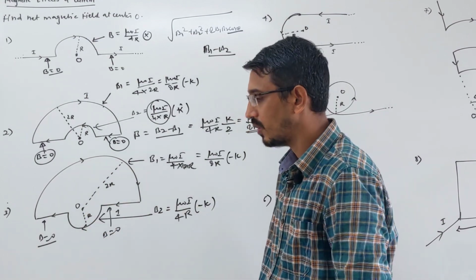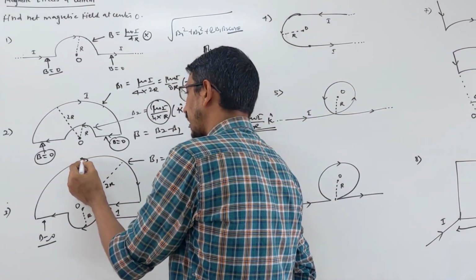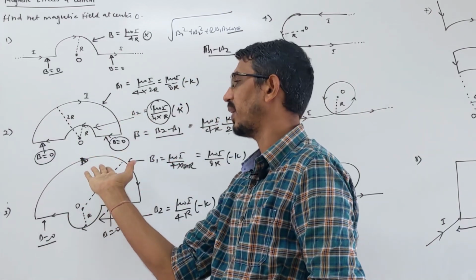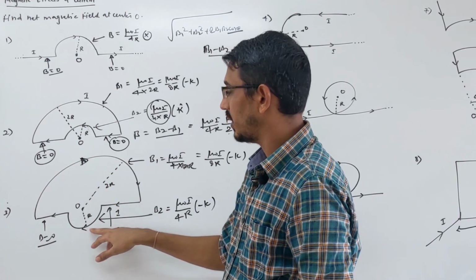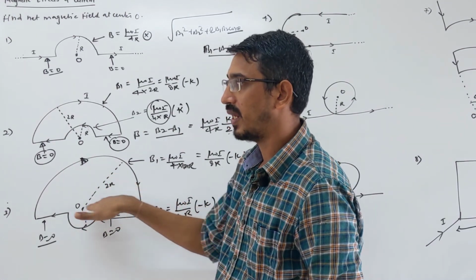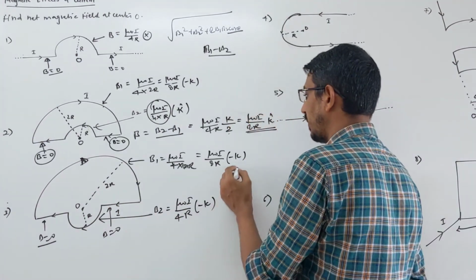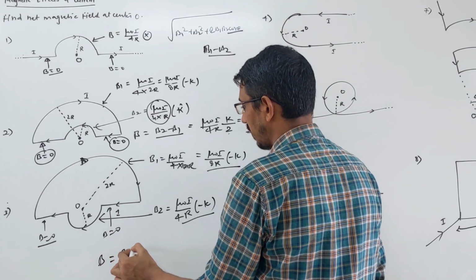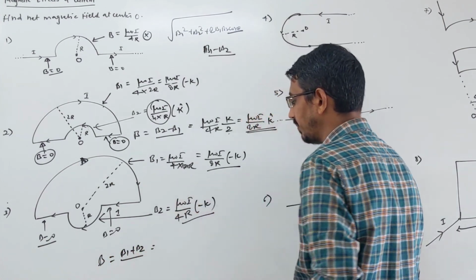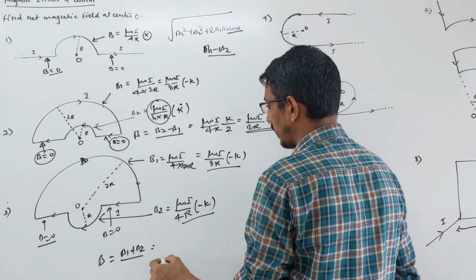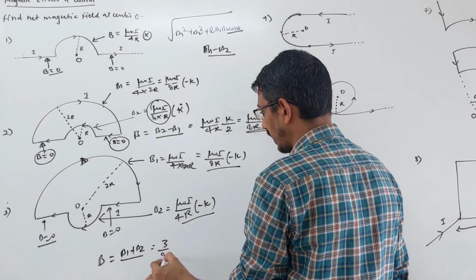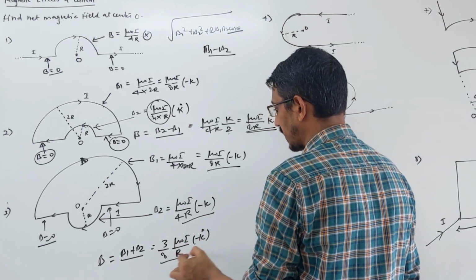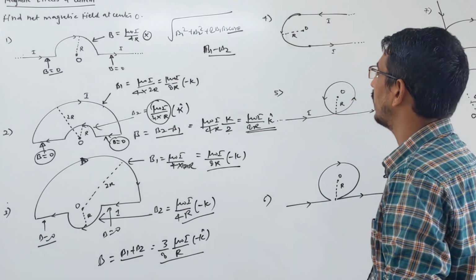Once more, in this wire, what is the direction of the field? You grab with your right hand, thumb showing the direction of current. Below this wire, fingers are going inward, correct? And for this loop, fingers are going again inward, this is the direction of the loop current, right? So both fields are coming inward. Both are in the same direction, which means you have to add them. So B is equal to simply B1 plus B2, correct? So 1 by 4 plus 1 by 8 becomes 3 by 8 mu naught I upon r, and the net direction is minus k. Net field is inward. Okay, let's move on.